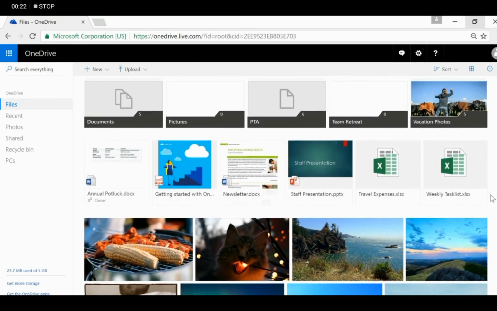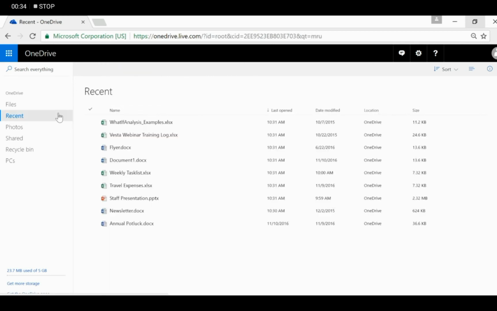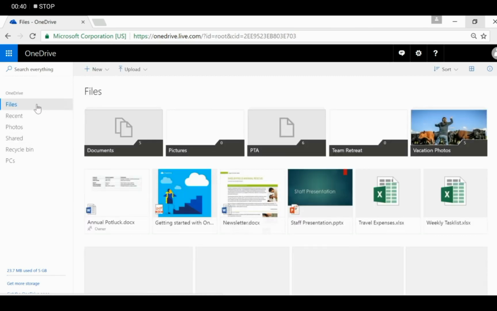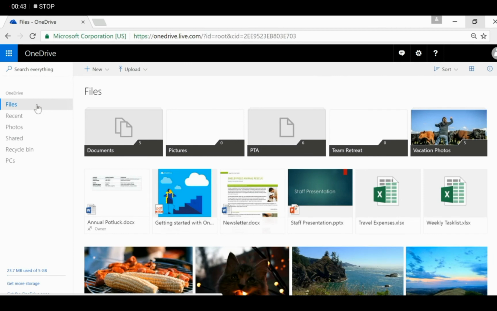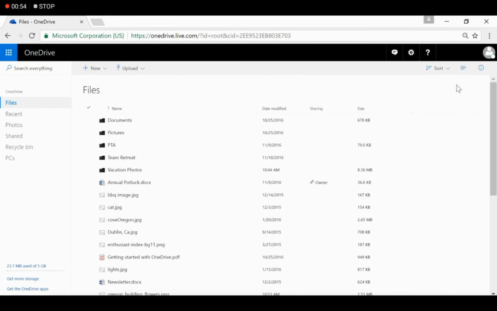Now we will learn how to arrange files and folders in OneDrive. As you can see, all the files are unarranged in your account. At the left side, there are some options of recent files, photos, shared, recycle bin. So you can choose these options, and there are some options also available to manage your files and folders. As you can see, there is a box. You can select the list option, and it will show all the documents in the form of a list. It is very easy to identify and find all the files with some details.